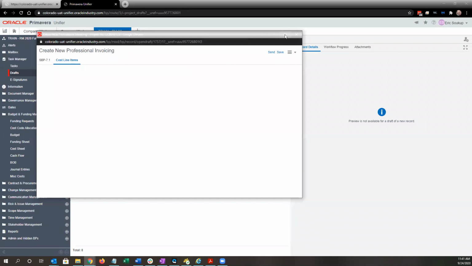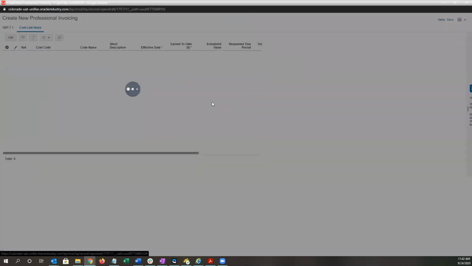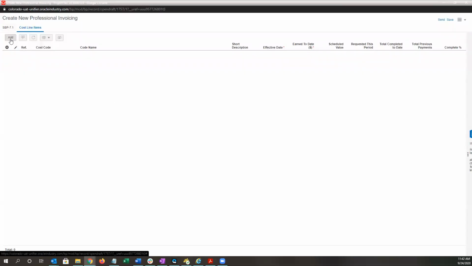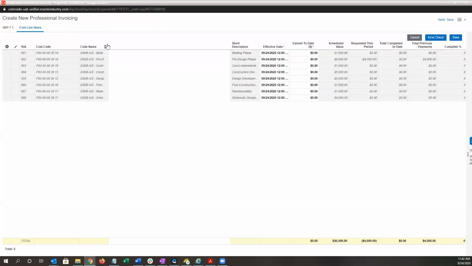So let me come over to cost line items again. Now previously we had paid 4,000 against pre-design. I'm going to go ahead and click add. This adds all of the awarded design phases. And again, I'm going to sort on my cost code just to get these phases in the correct order. So we'll see on the pre-design phase that requested this period is negative 4,000